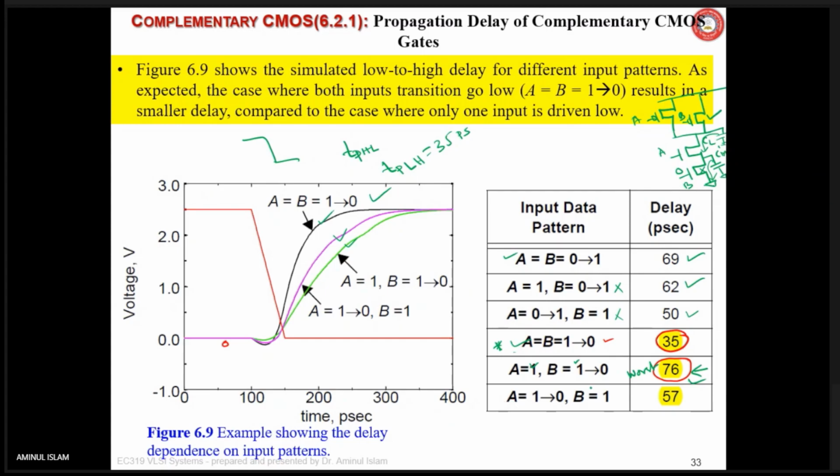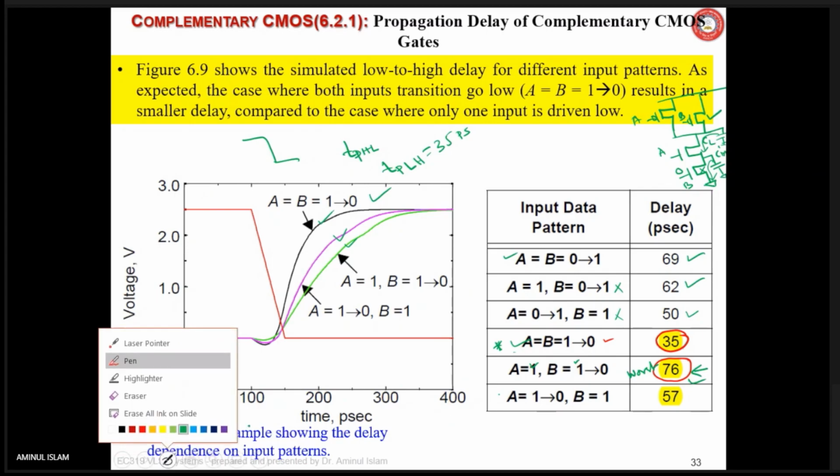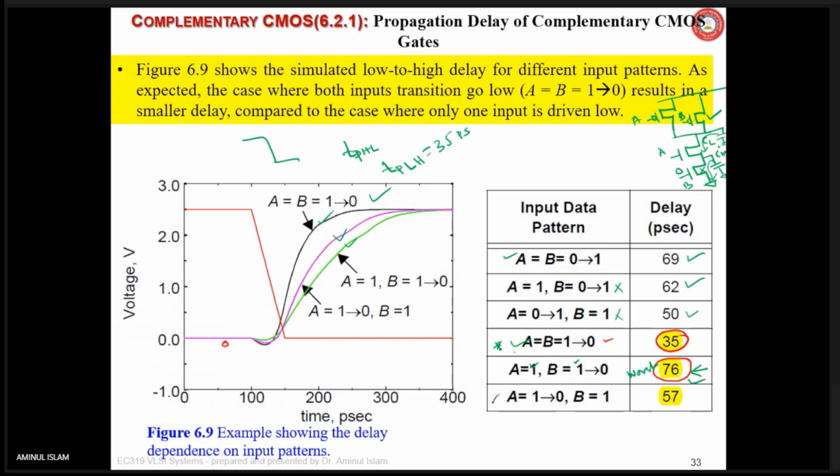This will not be the case otherwise. Say if you take this case, let me take another color. I am considering now this case. Why is this delay less? In this case, what we see is that B was high, so this was also on. This was on. This was also on. Both were on,